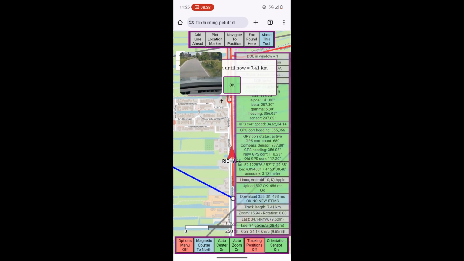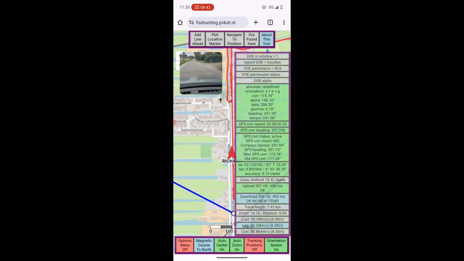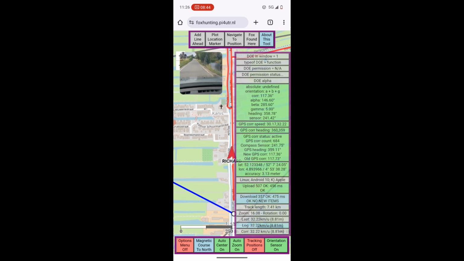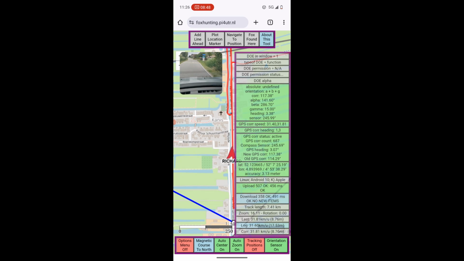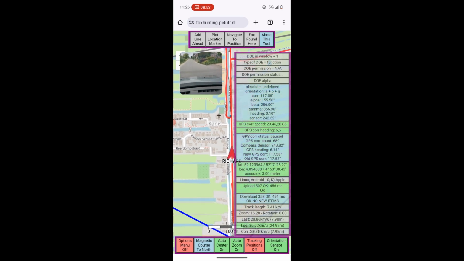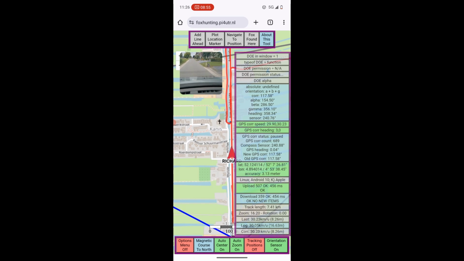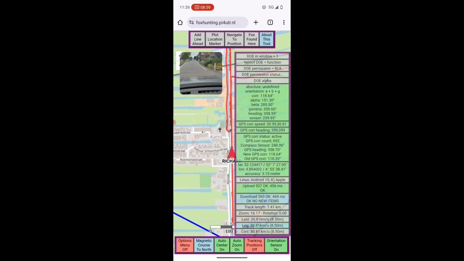If I turn it off, track positions off, then you will see that the number will not further increase. And the block is green. It means that the last upload was successful. It also says 456 milliseconds. It means that it took 456 milliseconds for the upload request to be performed and to be confirmed by the